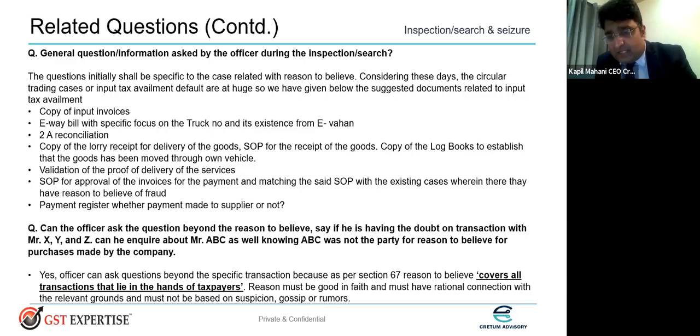It's not only about the tax principle they want to know, they want to understand everything which is evolving around us so that they can understand more. So what is inspection and the search is a Panchnama. These are the ideal things which